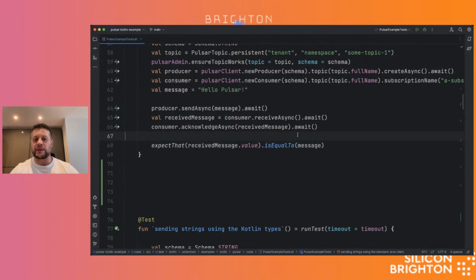that I received. So here, one of the pains of using the Java client directly is that these functions that end with async return a completable future that I need to await every time, right? For everything I need to do, I need to find the version of the function that uses async at the end, and I need to await it. So why could I not just use this receive function instead? Well, it works, but the difference is that this one is going to block the thread, and so it doesn't play well with the coroutine model underneath.